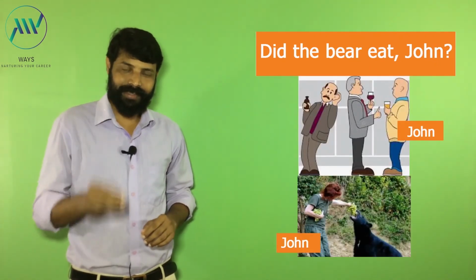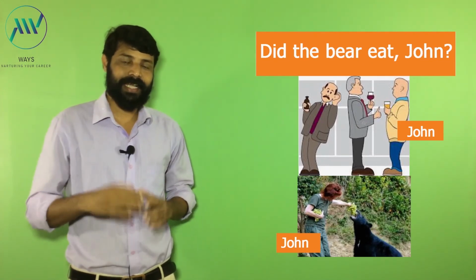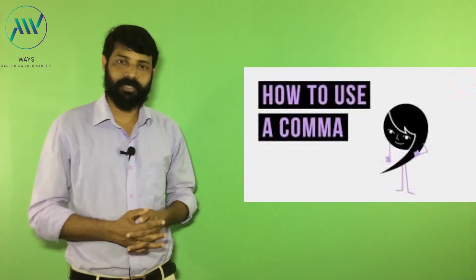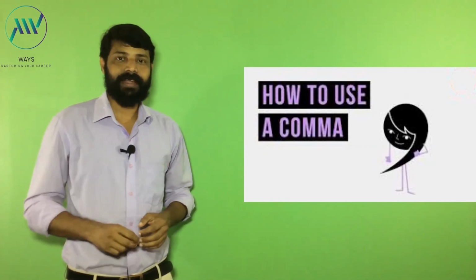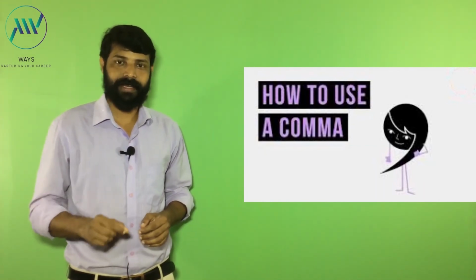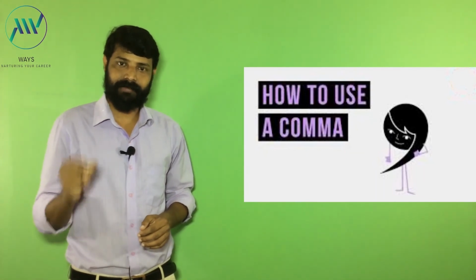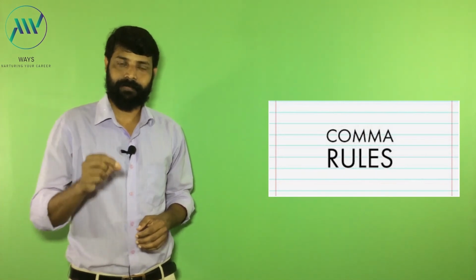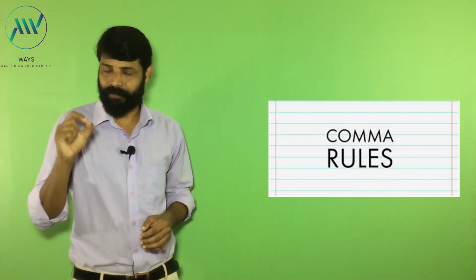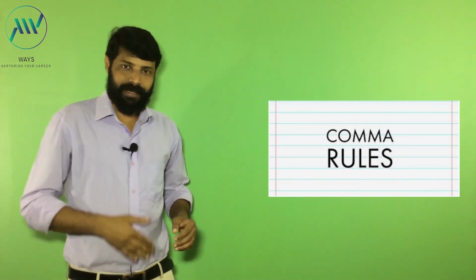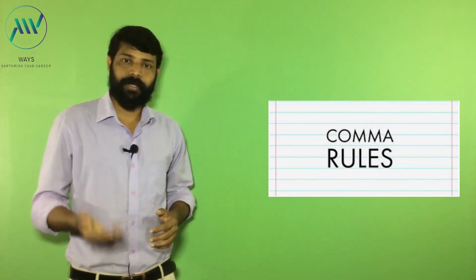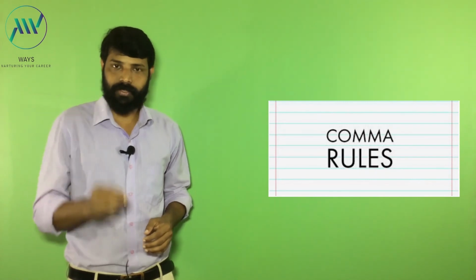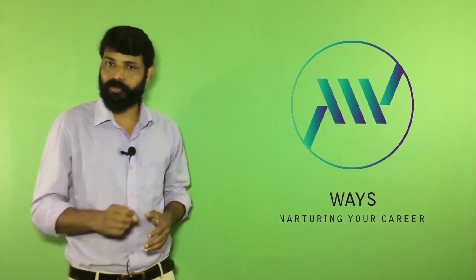So I think these examples have brought more clarity for punctuation and commas. Anyway, to use commas perfectly, we need crystal clear clarity about the rules and regulations. So we have to list the situations where we must use a comma or where we must not use a comma. As this video is getting lengthy, in the next video we will be listing all the situations where we must use a comma or where we must not use a comma.